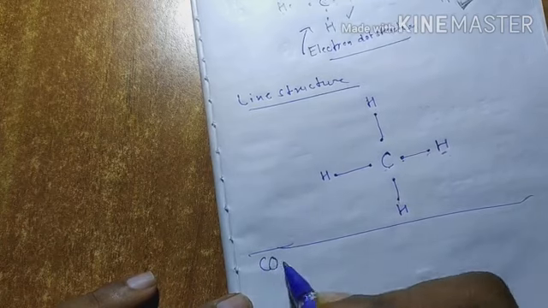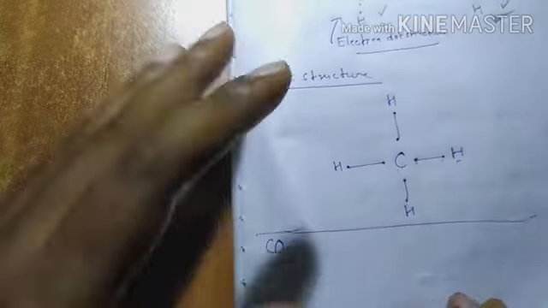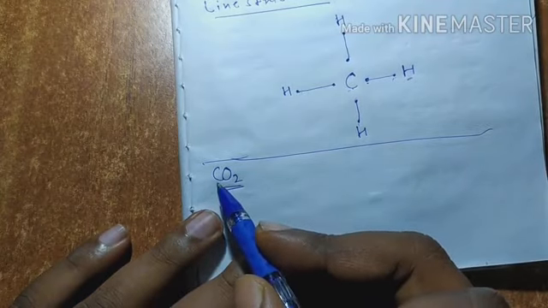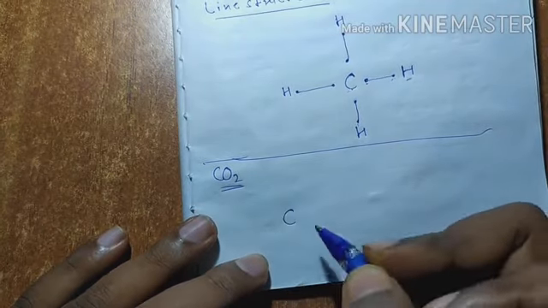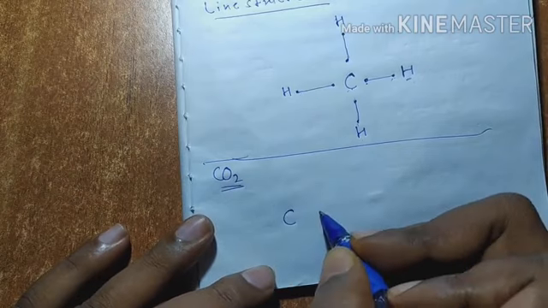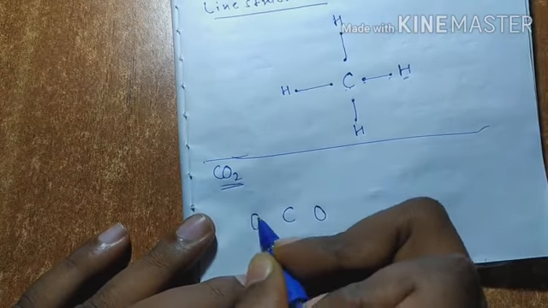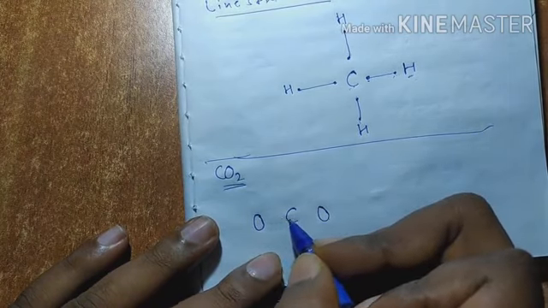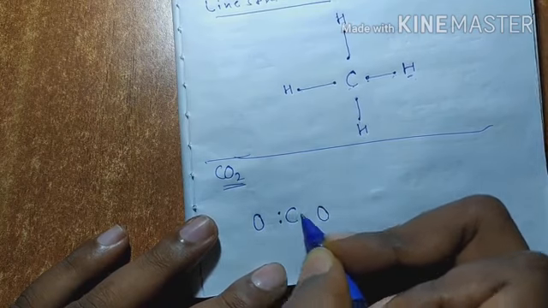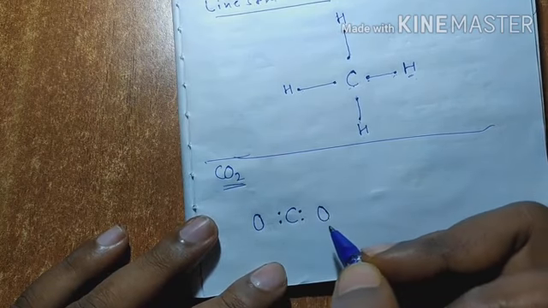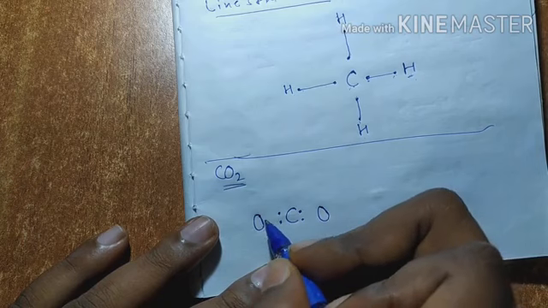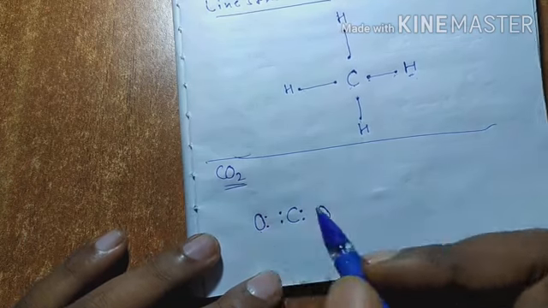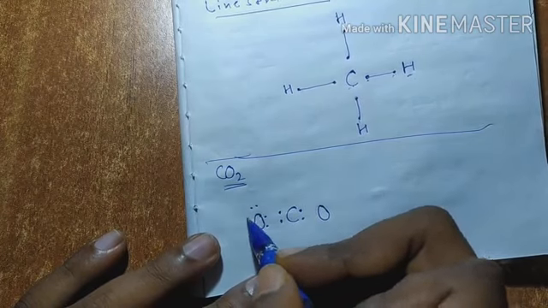Now, electron dot structure and line structure of carbon dioxide. CO2, carbon dioxide, okay. So there is 1 carbon and 2 oxygen. Oxygen on this side, oxygen on this side. There are a total of four electrons on carbon, 1, 2, 3, 4. Right? So also write 4 here. In case of oxygen, there will be a total of 6 electrons, 1, 2, 3, 4, 5, 6.